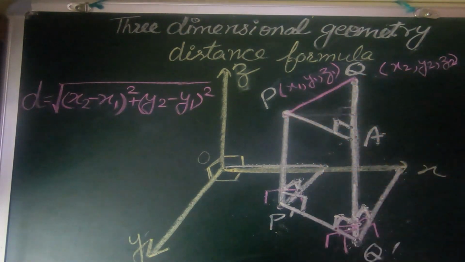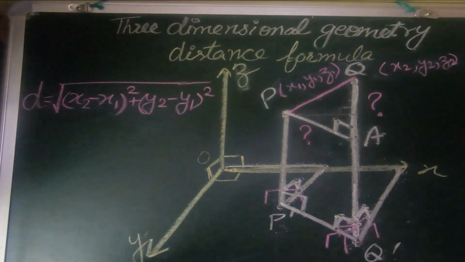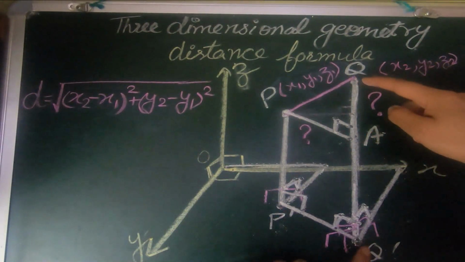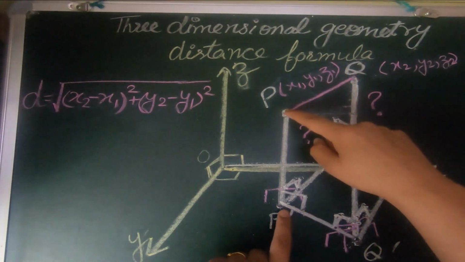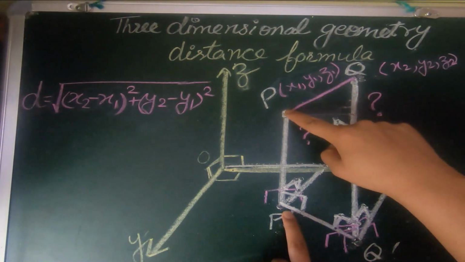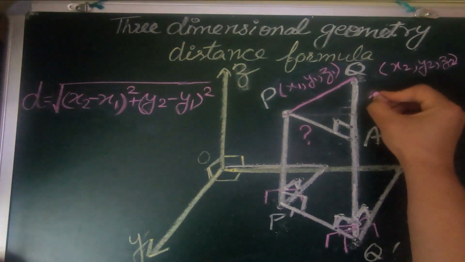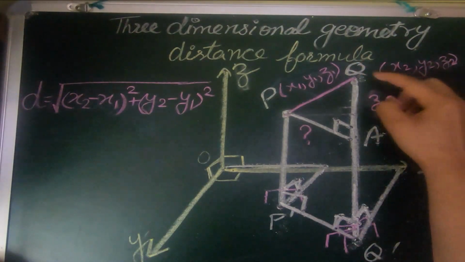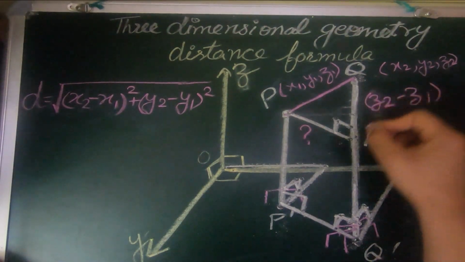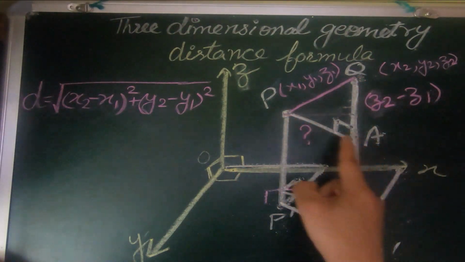If we have to find out PQ, we must know this and this. Okay, so let's see. Do we know this? Again, this is the height of QQ dash and this is the height of PP dash, and QA is actually this height minus this height. So we got this point of ours. Now this is actually equal to Z2, which is the height of Q, and Z1, which is the height of P. So Z2 minus Z1. So we can apply Pythagoras, but to find out PQ, we must know PA.